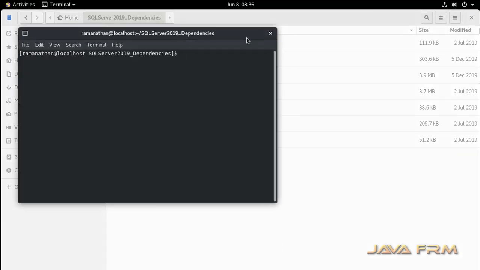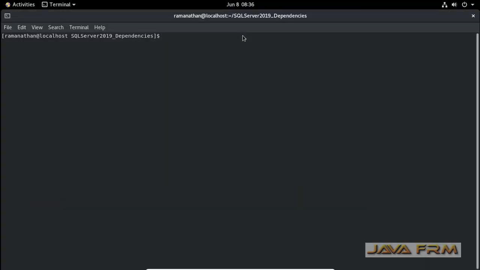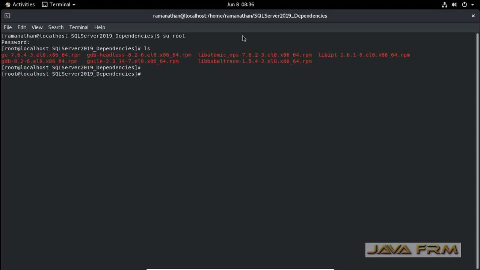Let me open the terminal and try to install all the packages in a single shot.